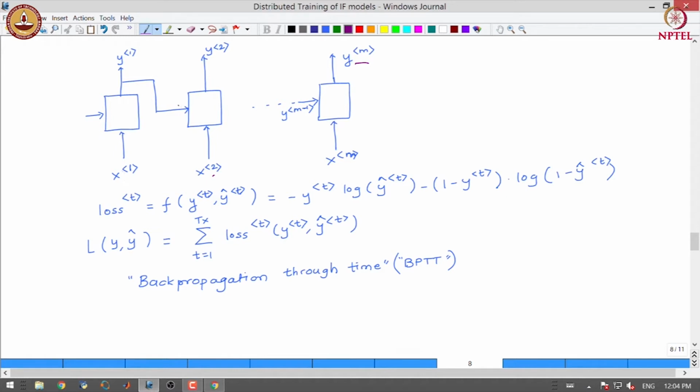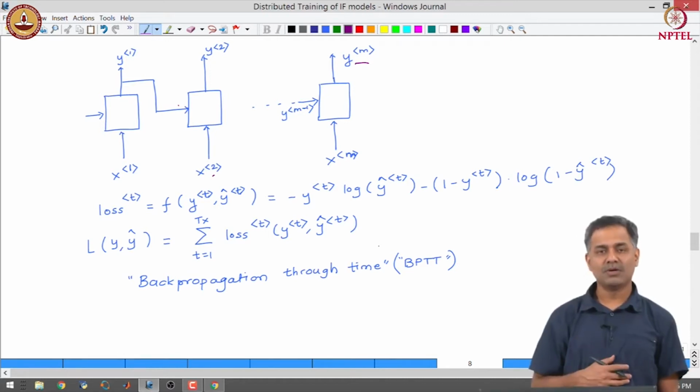So, each of these outputs over here are through this link dependent on each of the input variables and the outputs of all the previous states. So, we use back propagation through time to calculate the weights that minimize this particular loss.